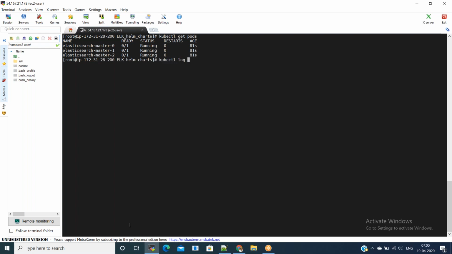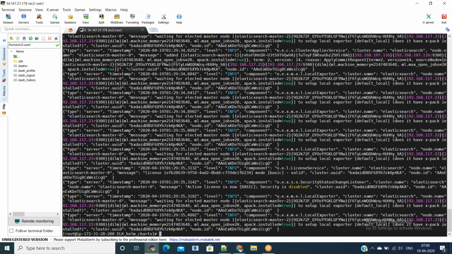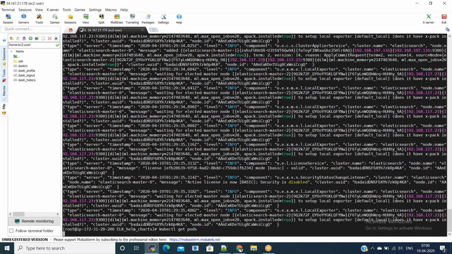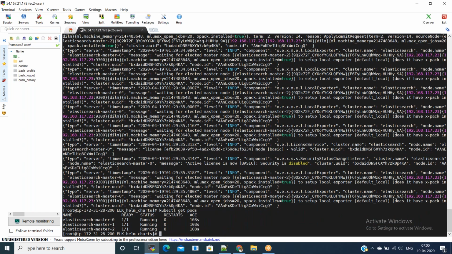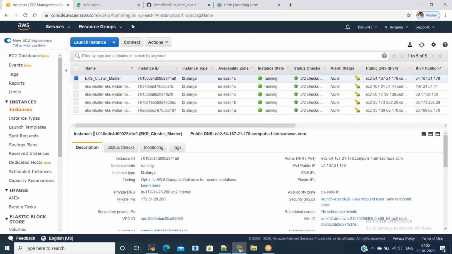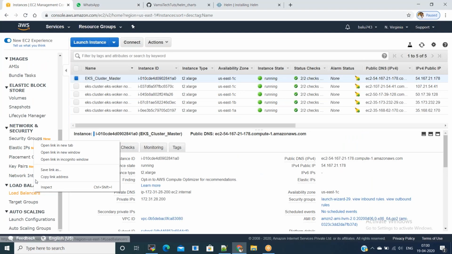You can say kubectl logs for this one. Still the setup is going on. Now it is ready. Now we have Elasticsearch up and running using Helm.